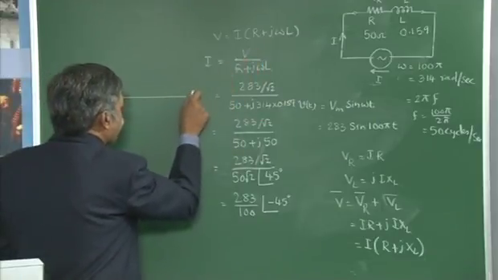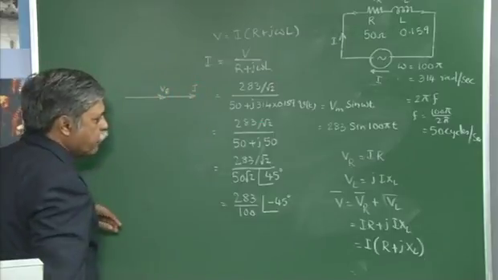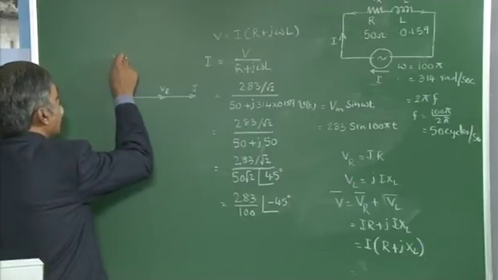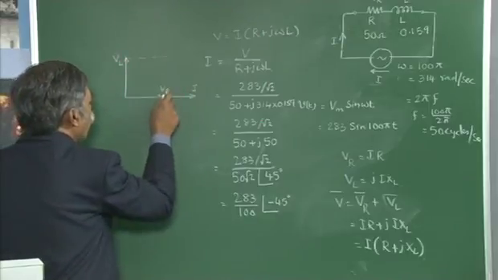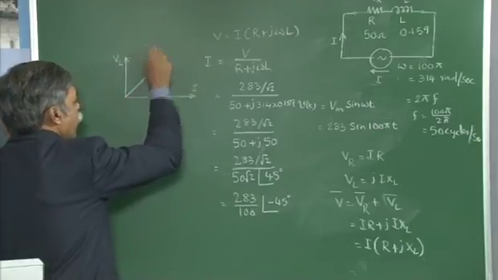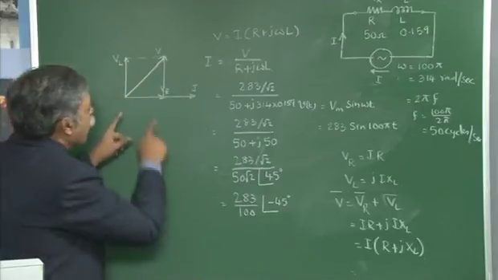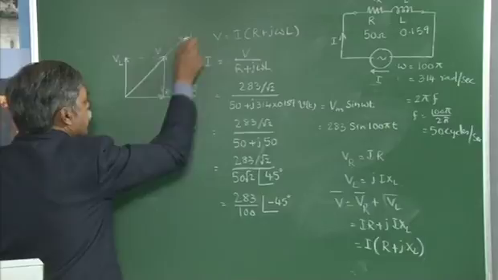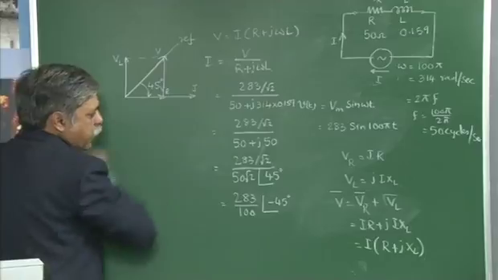I draw the current as a reference vector, the voltage VR will be in phase with this. The voltage VL will lead the current by 90 degrees. So, addition of these two will give you the resultant voltage as the applied voltage. So, in drawing the phasor diagram, I have taken the current as reference, but when I come to the position of the current, I take the voltage as a reference here and say the current has an angle of 45 degrees with respect to the reference.